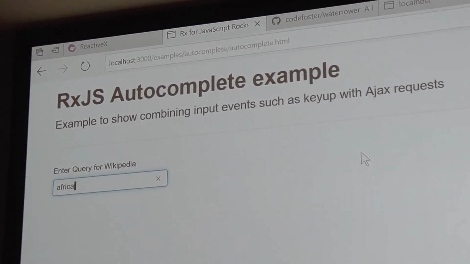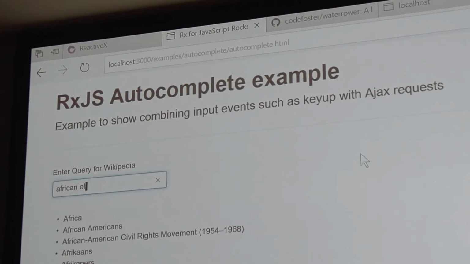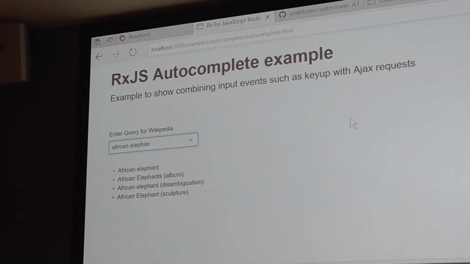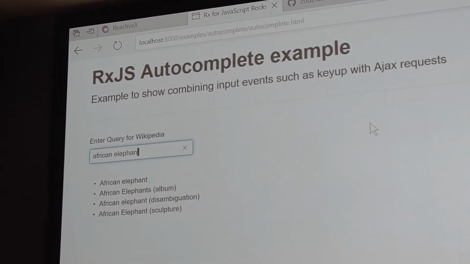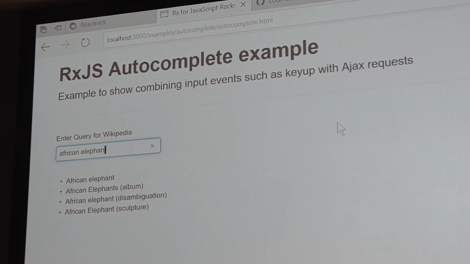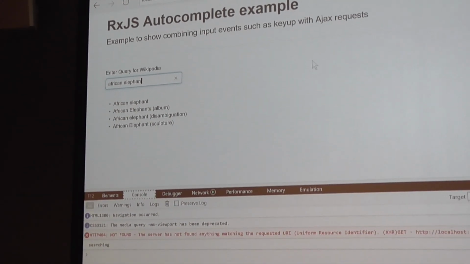Now notice as I'm typing African elephants, it did at one point do something, but it doesn't have to do something with every single keystroke. It can build a delay into there and say, give him a little bit of time, he's still typing. It's been a few milliseconds and he just hasn't typed anything yet. And so notice that there's the searching log down here. And so now I'm going to go ahead and back this all